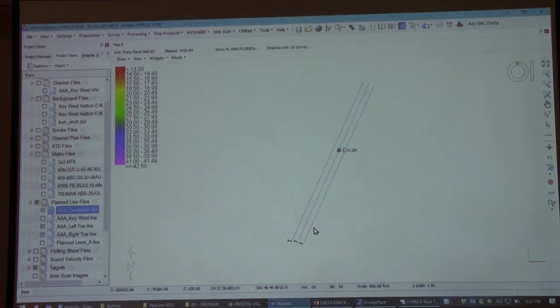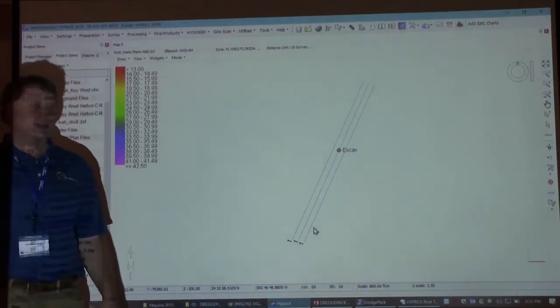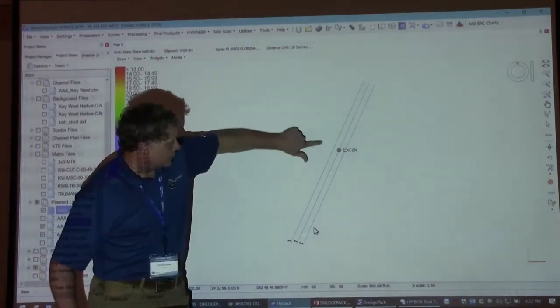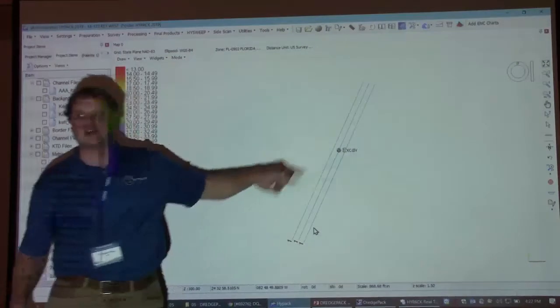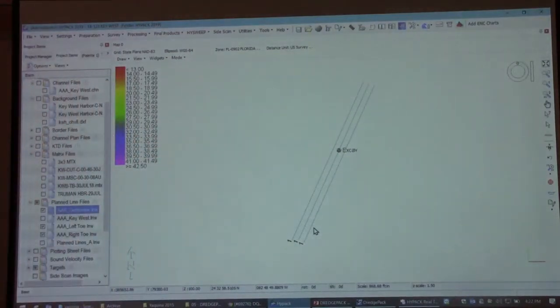All right. This is every basic dredging job in the USA. It's just a straight channel. You're going to make 3 separate lines. You have a line defining your left toe, center line, and right toe. I can make a channel out of this in about 35 seconds. Okay? I'm not going to do the whole procedure,